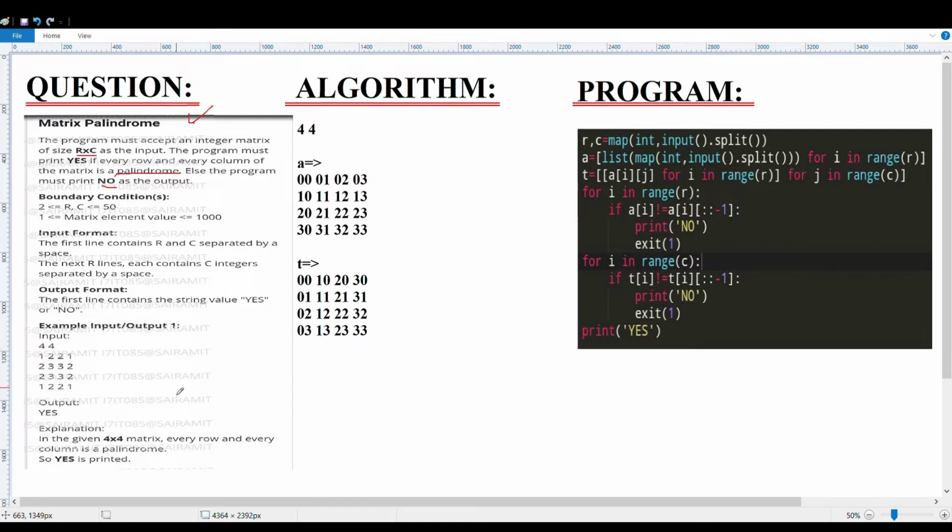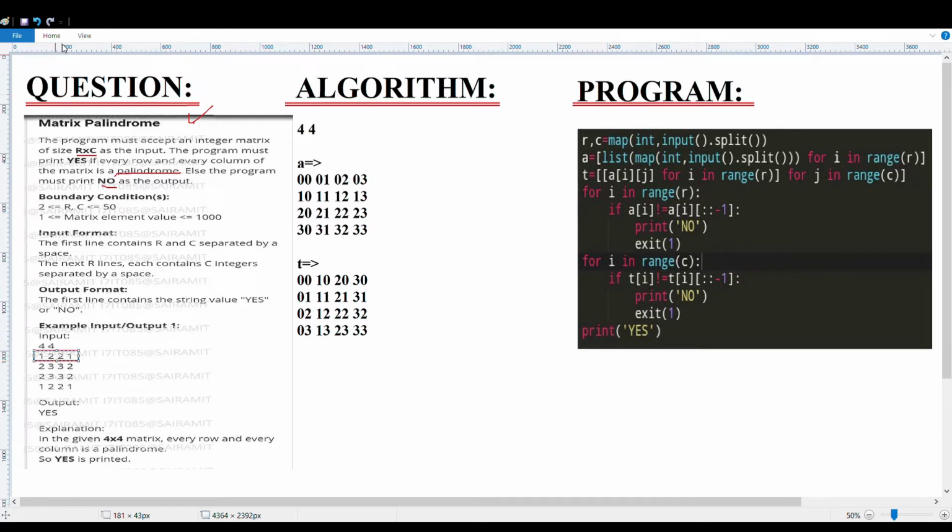Moving on to the sample input and output, r and c, that is 4 and 4, is given, and here the matrix is given. First you have to take this part and check whether the reverse is true or false. It is true, right? So this is done.